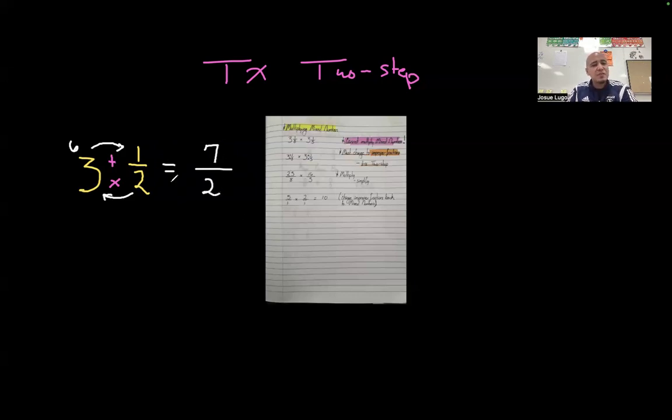So 3 and 1/2 is the same thing as 7/2. Now let me do that again, a little faster. So again, if I start off with 3 and 1/2,